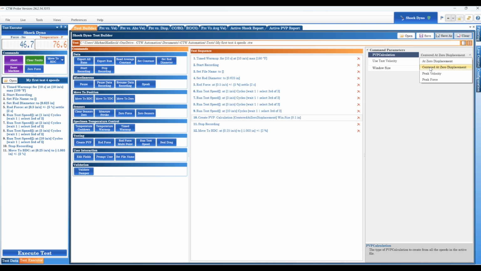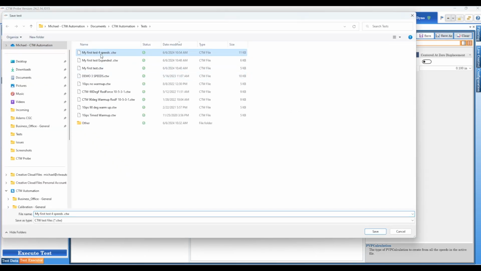If you stick with centered at zero displacement, you're going to have the most consistent results. If you're really interested in the force, then maybe that's something you would want to try later and see how that works for you. So we have now created a PVP. So we're going to take the test we've been using, my first test with 4 speeds. We're just going to add a name to that, and you can see how easy it is